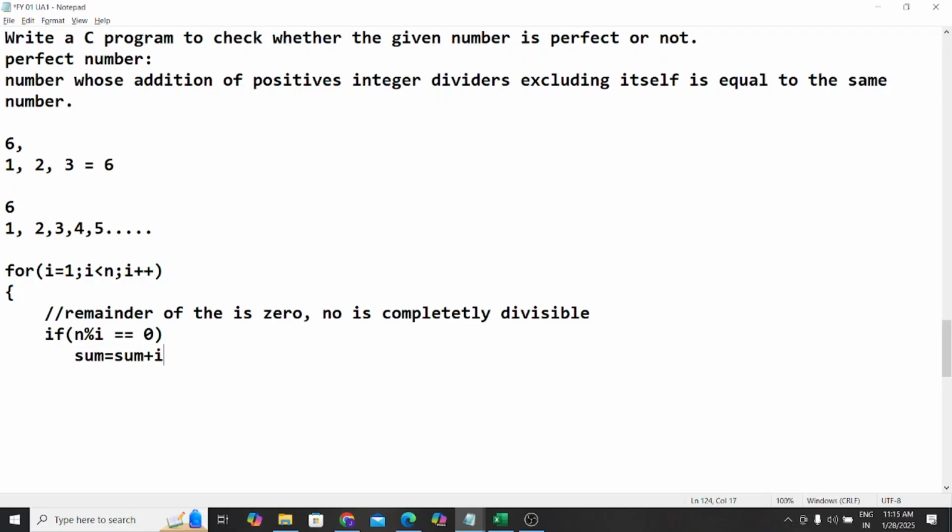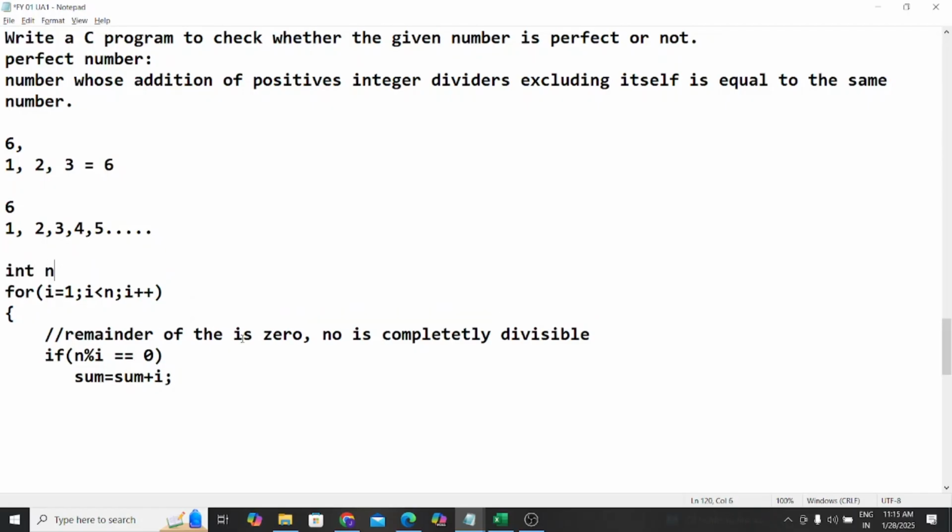So what will we do now? We will declare variables: int n for accepting the number, sum for performing addition of the divisors, and I for the counter variable. Now let's see the things. In n we are going to accept input from the user, then I is declared, sum is obtained, and now once the loop is done,